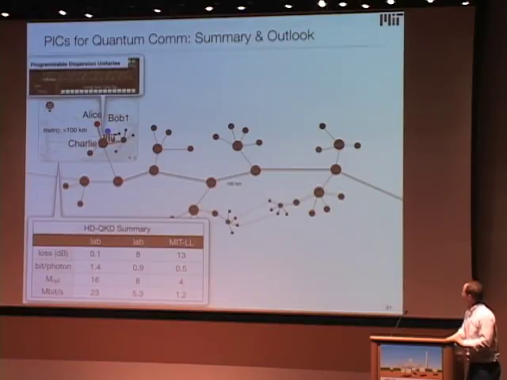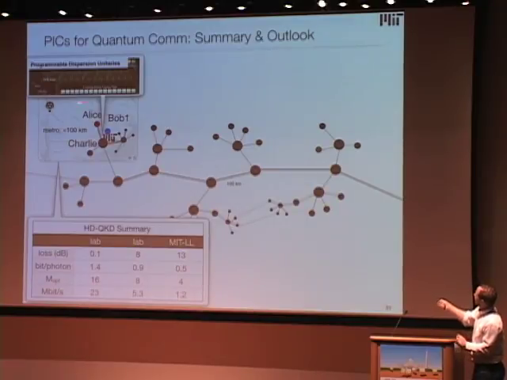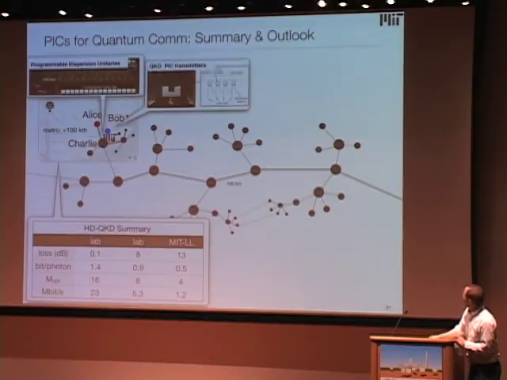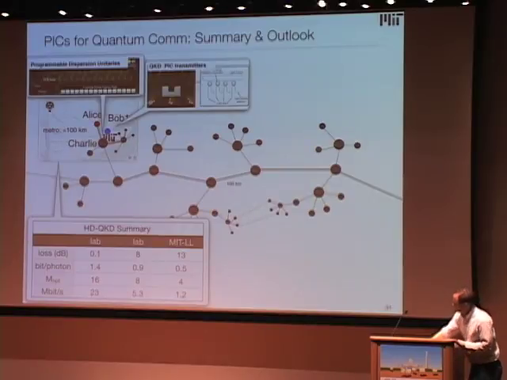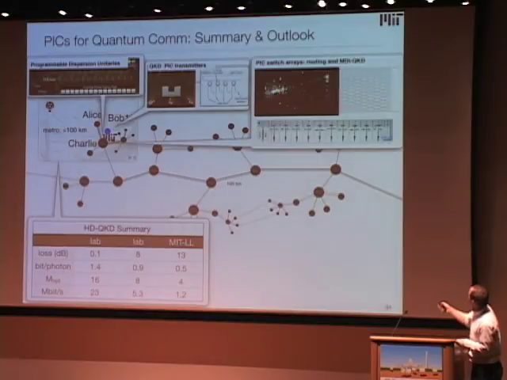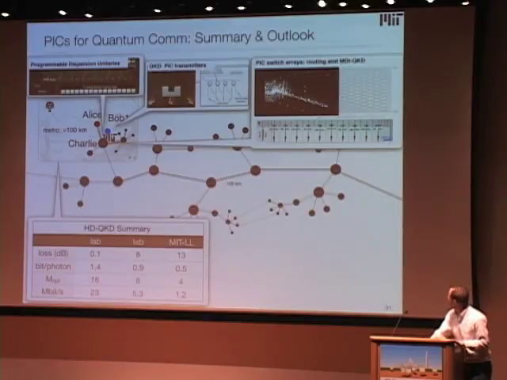Going forward, we think that photonic integrated circuits can help, for example, in the high-dimensional QKD by programmable dispersion devices, by making wavelength division multiplexed QKD transmitters. So with this type of device, you could run over tens or hundreds of channels simultaneously. And basically, that should be the same factor that you could increase the key rate. You can do switching arrays. You can integrate superconducting detectors.